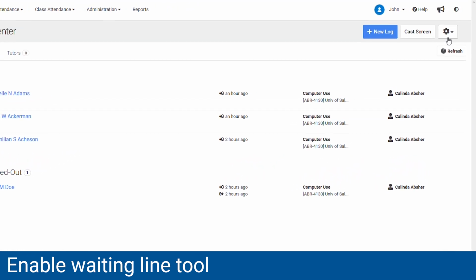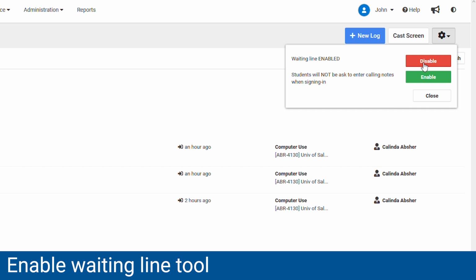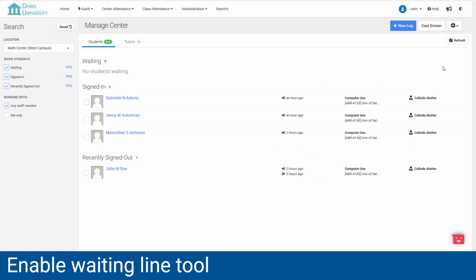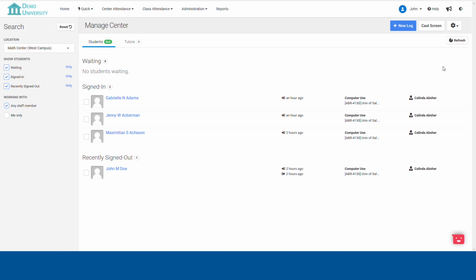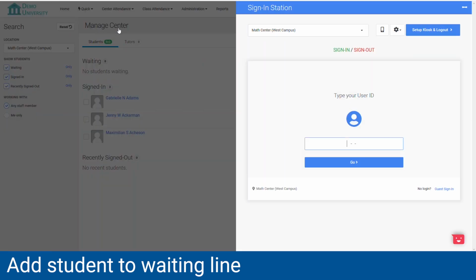Once inside the Manage Center screen, veer over to the right side and under the Gear tool, select Enable Waiting Line. Now that we have enabled the waiting line, we are ready to go. We can add a student to the waiting line from here by accessing the Quick toolbar and selecting Sign In